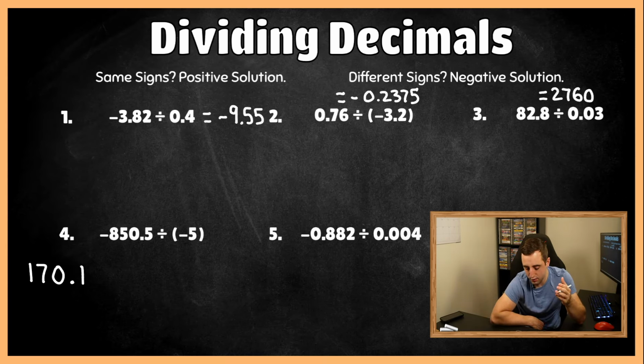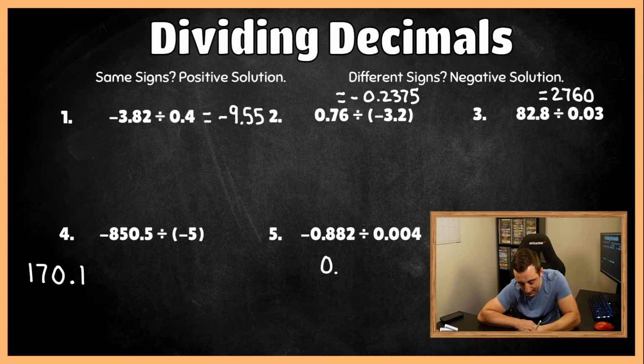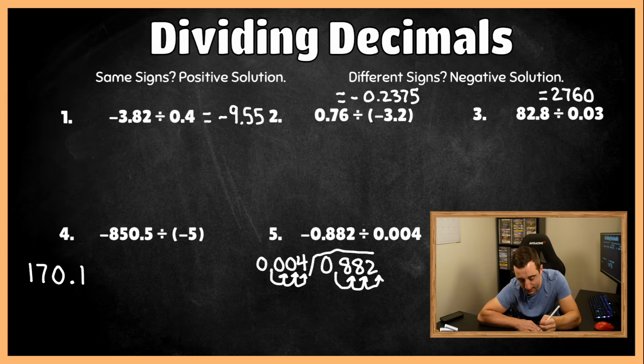So I noticed for number 5 they're different signs, so it's going to be a negative solution, and now we can go ahead and set these up. So we have 882 thousandths as our dividend, and we have 4 thousandths as our divisor here. So we're going to move it 3 place values to the right. We want to do the same thing then in our dividend,